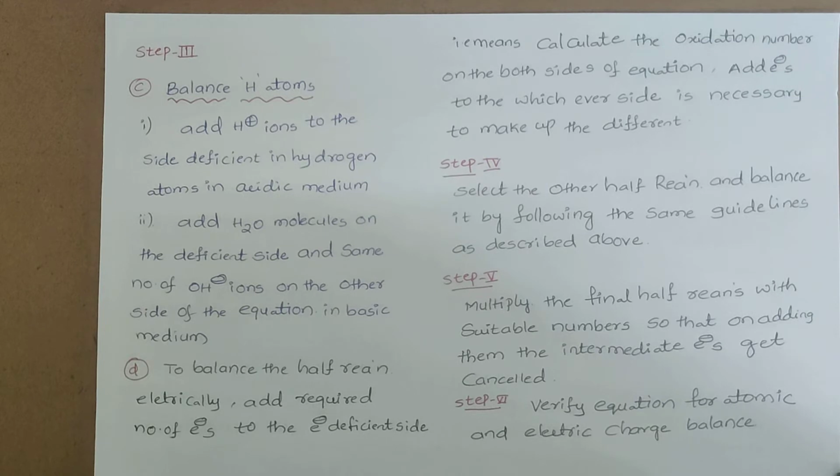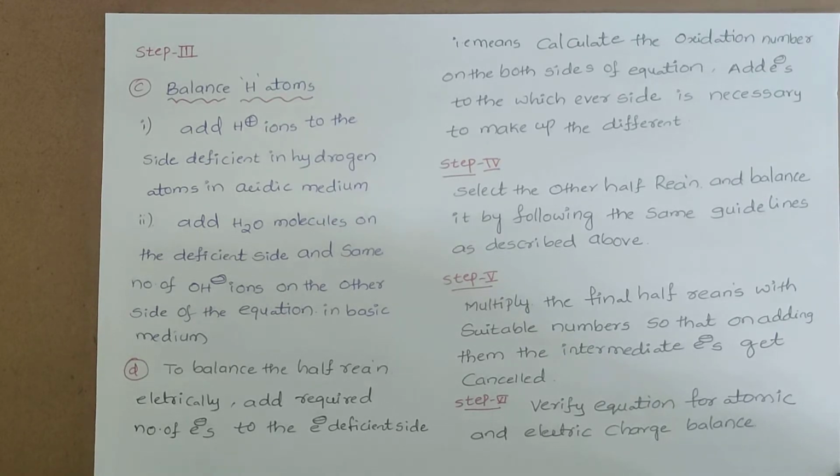So definitely, if it is an oxidation half reaction, we need to add the electrons on which side? Right side. If it is a reduction half reaction, we need to add them on the left hand side. Whichever the side, by adding the electrons, these two oxidation numbers become equal, to that side we can add it. But I would like to give the clue here. Oxidation half reaction means we need to add on the left hand side or right hand side? Right hand side. If it is a reduction half reaction, left hand side we need to add.